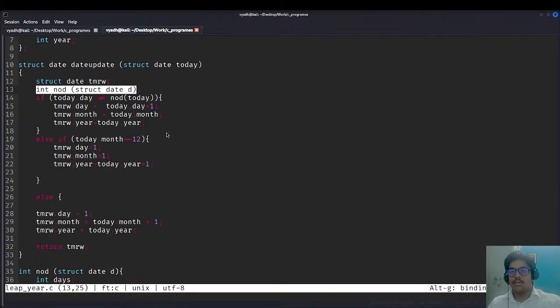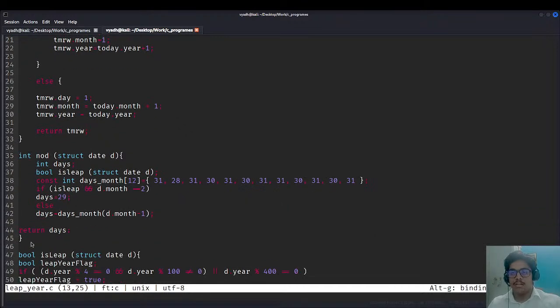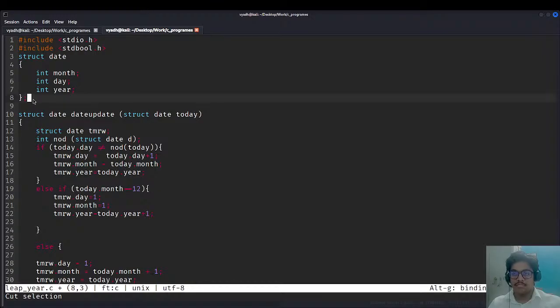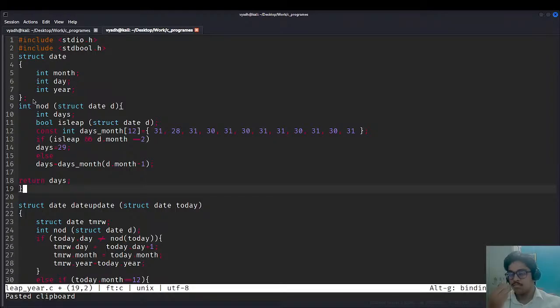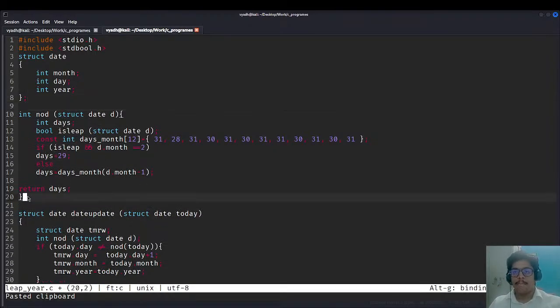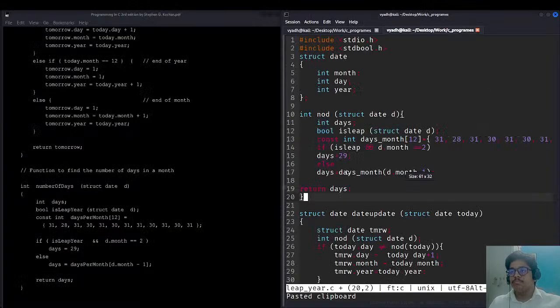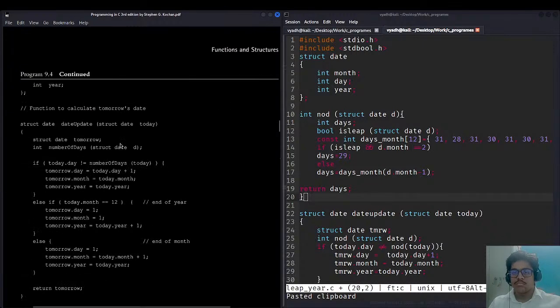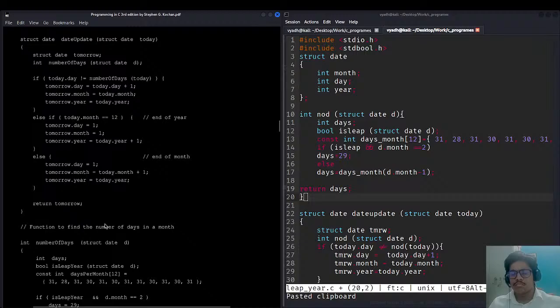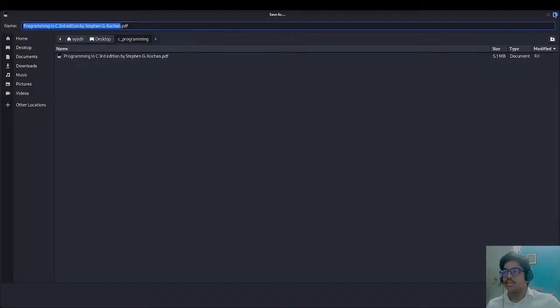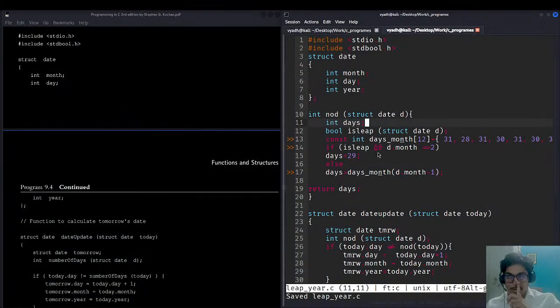इंट नोड मैंने यहाँ डिफाइन कर दिया, नंबर ऑफ डेज, और उसका डिफिनिशन मैंने यहाँ लिख दिया। हाँ इससे कुछ फर्क पड़ेगा नहीं, पर ट्राई करते हैं। स्ट्रक्ट डेट ठीक डिफाइन किया है। नोड में एरर दिखा रहा है अभी भी। कंट्रोल एस करूँगा, अरे यार, अभी भी सेम एरर दिखा रहा है। अब इस लीप ईयर में एरर दिखा रहा है।